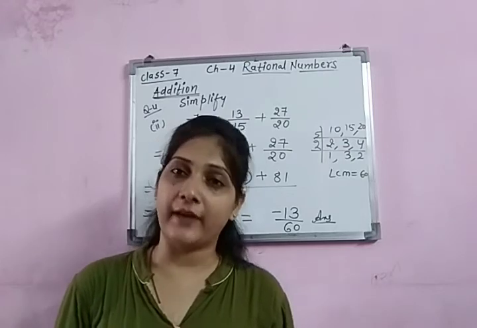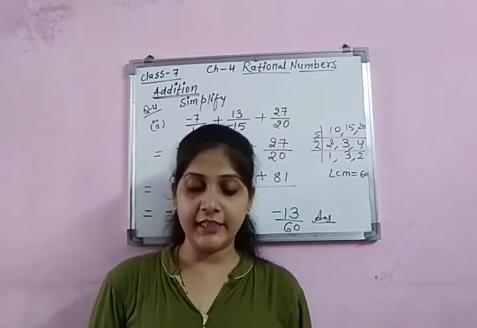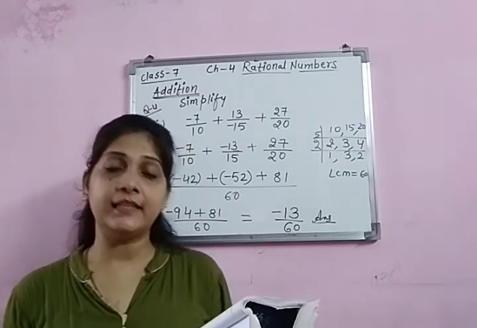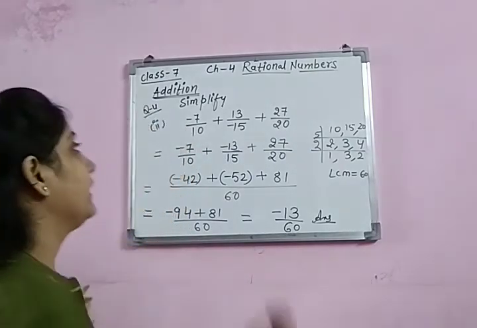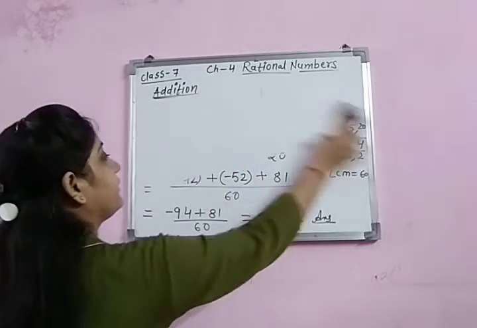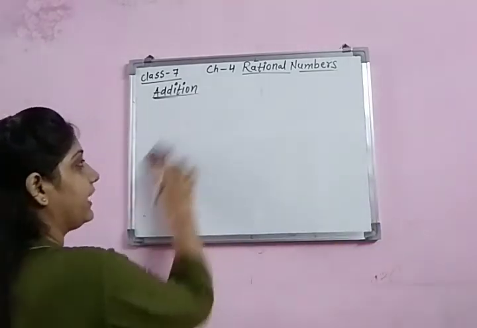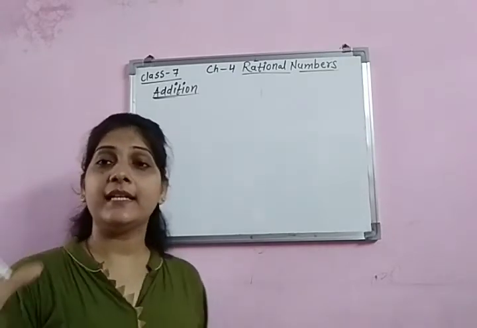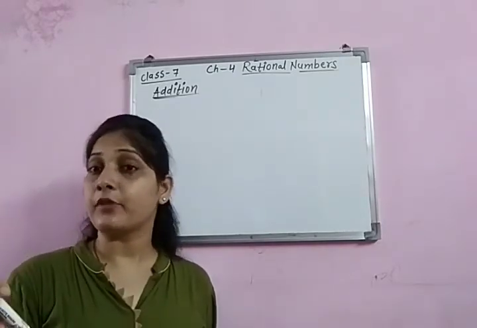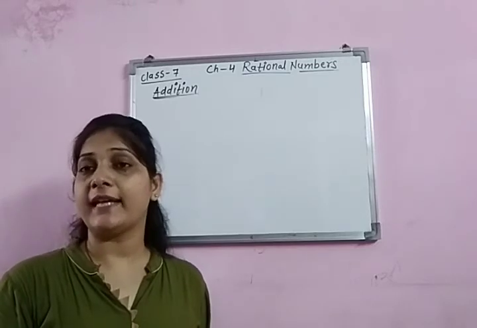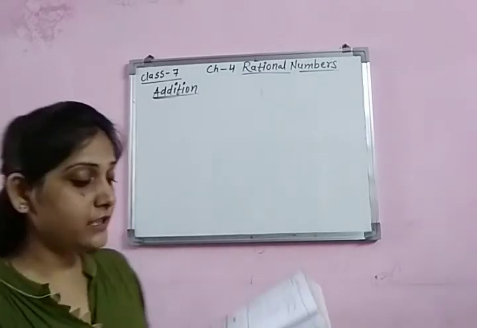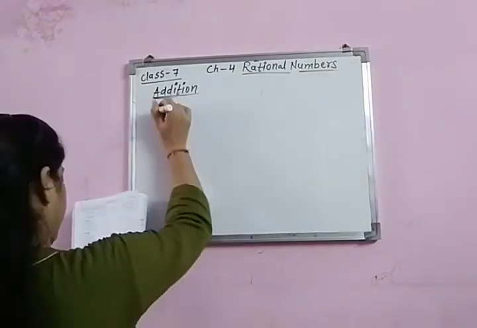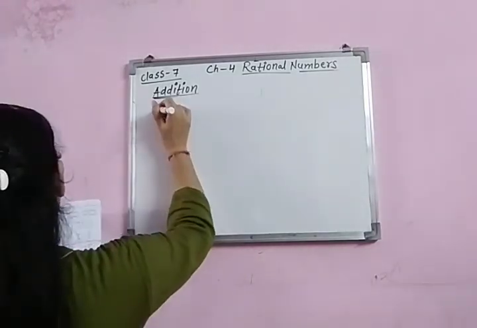Now question number 5. Express each of the following rational numbers as the sum of an integer and a rational number. Children, in my previous video, I told you that when we learned the representation of rational numbers on the number line, one rational number was given which is in improper form. So how can we write it as the sum of an integer and a rational number? Okay. So one question for positive and one for negative I'm doing.